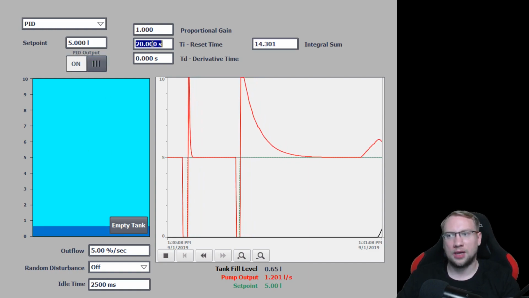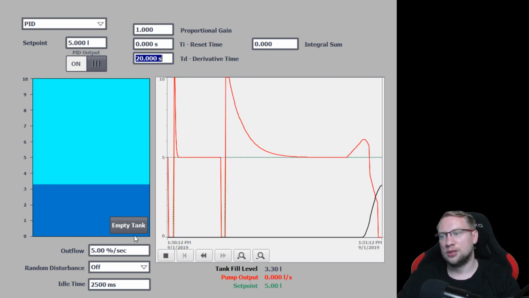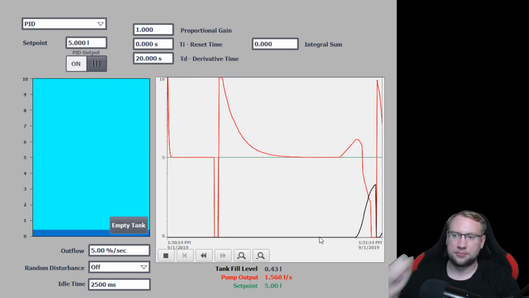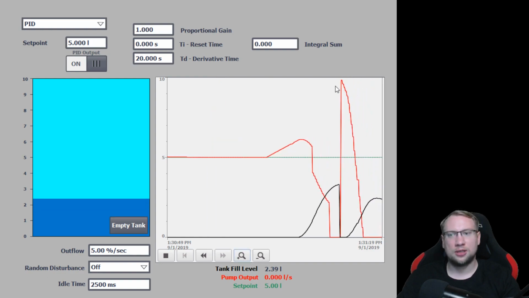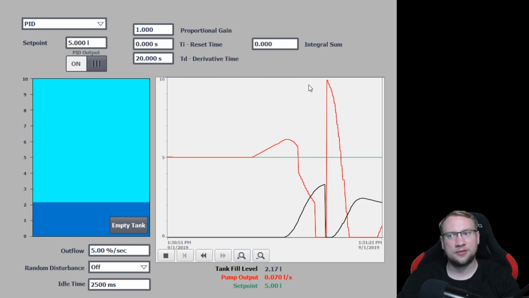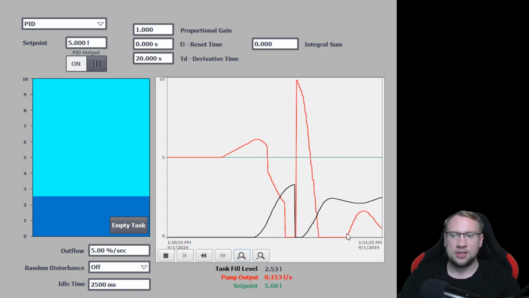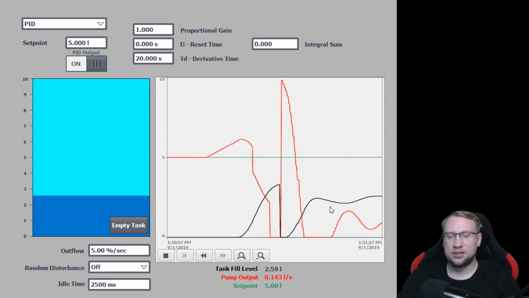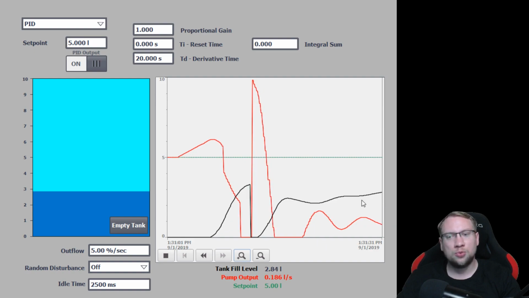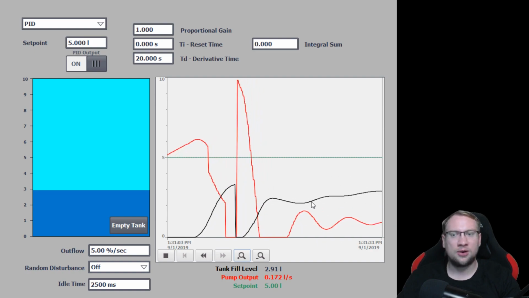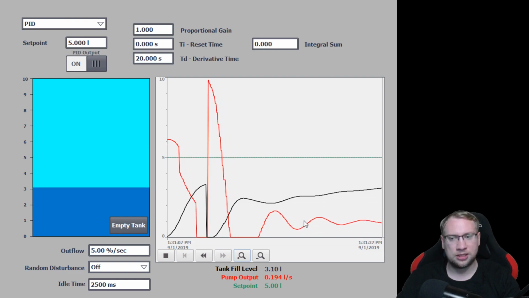Right. All right. What does this one actually look like on the real controller? Let's see. You see, we start very strong here. We start very strong. This is the derivative, right? And you see, we're kind of, yeah, this is now the proportional again. The derivative doesn't really do much right now because the error doesn't change that much. The error changes a little bit. We can see those oscillations. This is actually now the